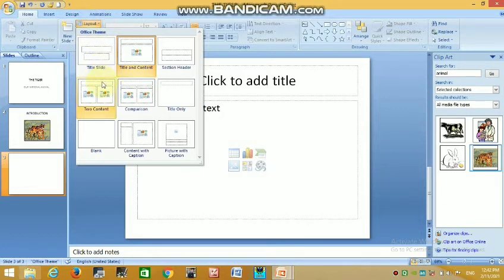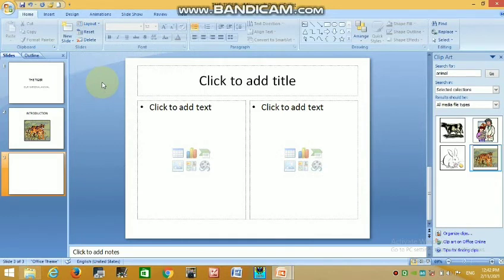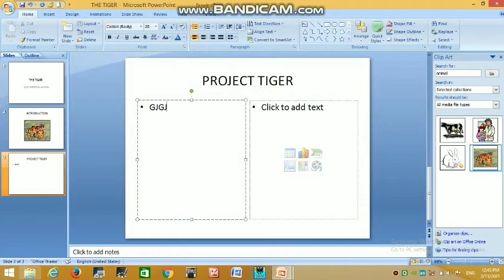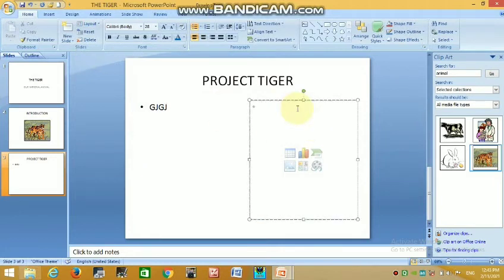If you choose two content, you can see the two content layout and you can type in both sides. For example, project tiger, and you can add information here and you can add information here also. This way you can add information on both sides.